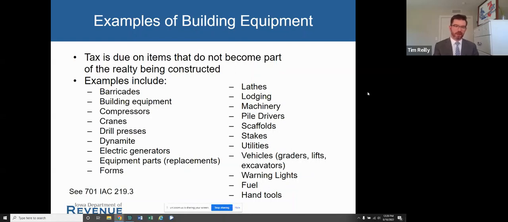And also here I'll note building equipment as defined in this Rule 219.3 is not the same as equipment, which has its own definition and has its own excise tax, which we'll talk about in a minute. These are two separate types of things: building equipment for purposes of sales and use tax, and then equipment for purposes of the excise tax.